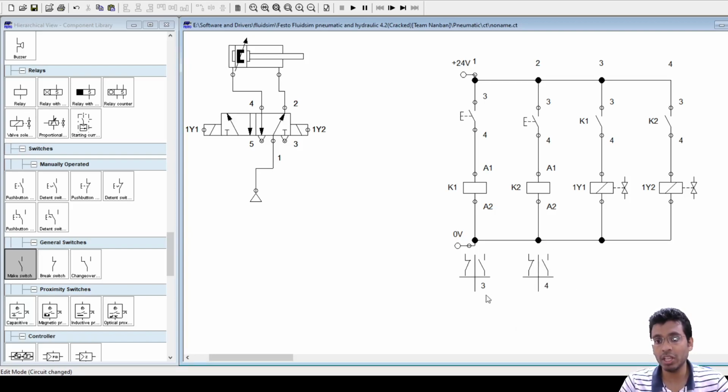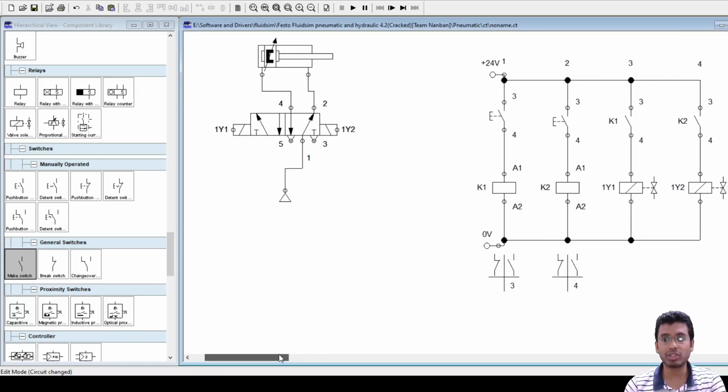This shows here. So the moment you start making these circuits, these things appear automatically. You don't have to make them. This is what is known as the contact element tables, and these are made in an electrical circuit diagram for an electro-pneumatic system. Now just try to simulate this.